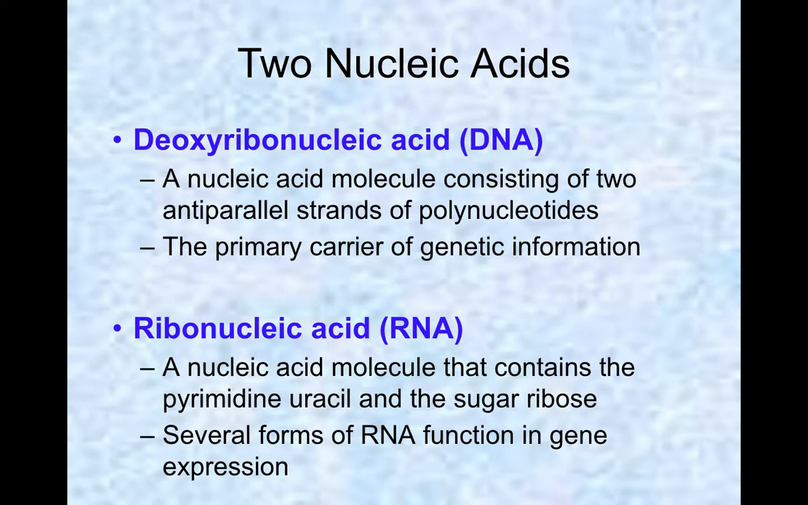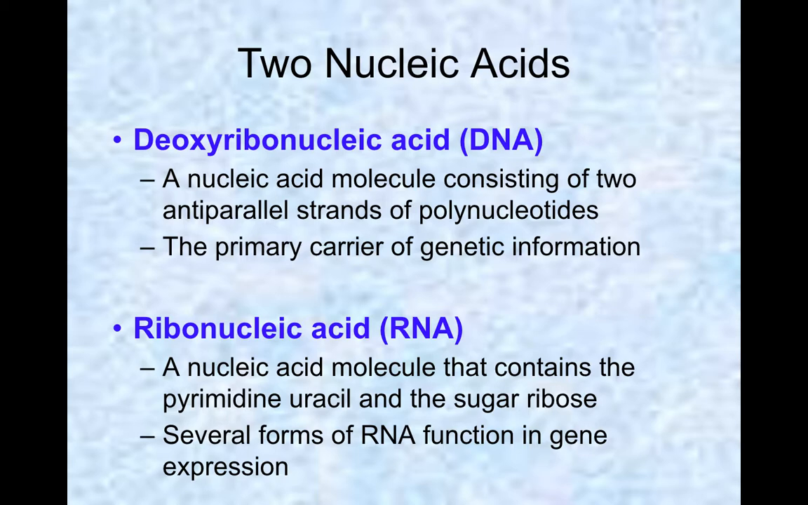DNA is found within the nucleus of every cell of every living thing, and it contains the primary carrier of genetic information. In other words, your DNA is sort of like your original recipe book. It contains all of the information that is needed in order to make every protein of every trait that builds you. RNA is slightly different, though closely related, also a nucleic acid molecule, but there are different forms